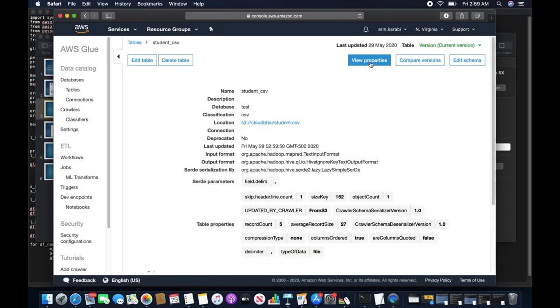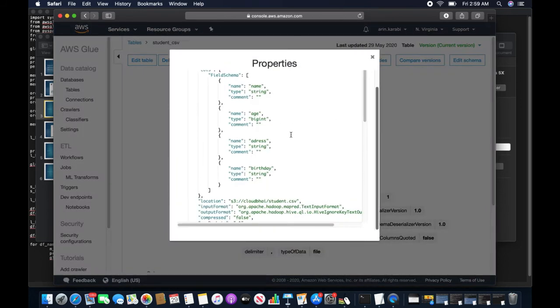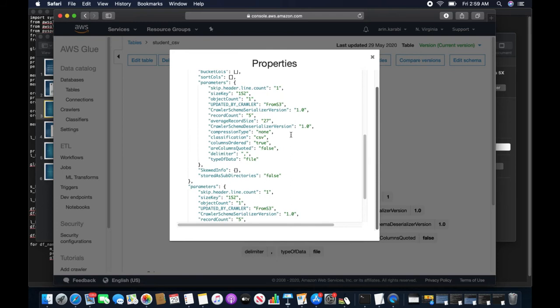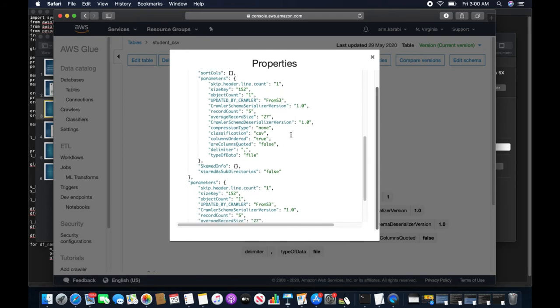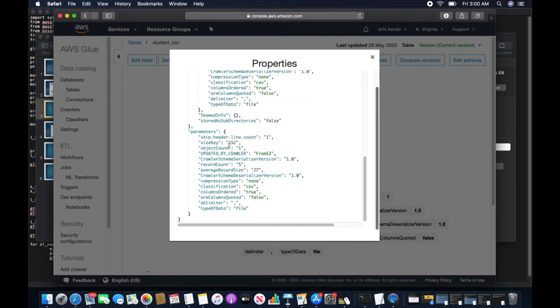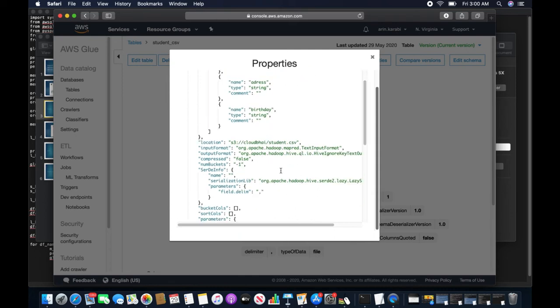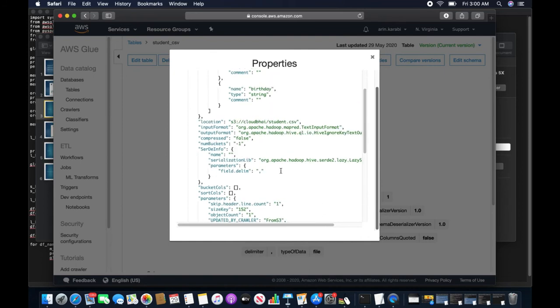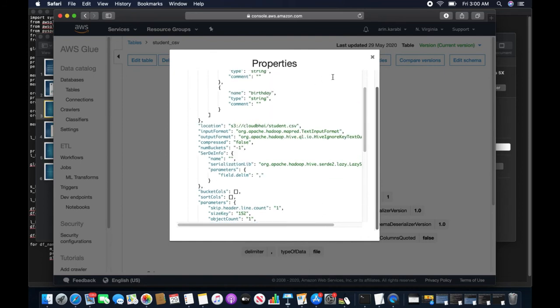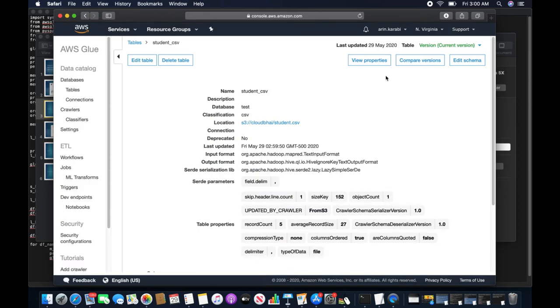Now if I go to the view properties, it is a JSON file which has these properties. It has the size, what kind of file it is, the object count, the row count, the record count, and also what the columns are. Everything is there. Another thing that is important is that sometimes